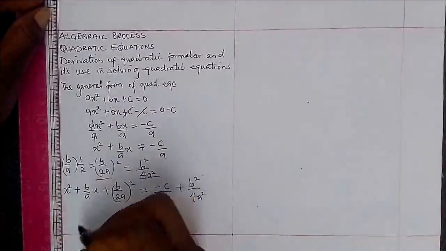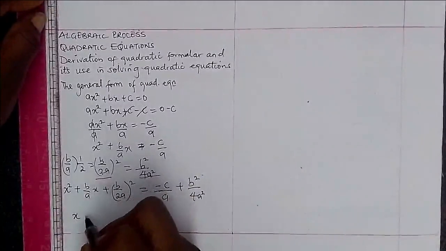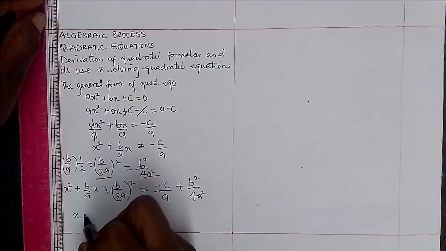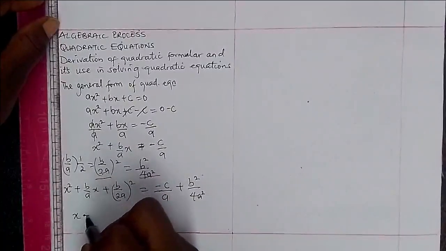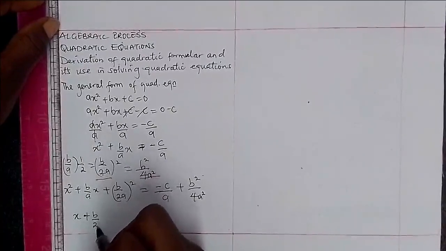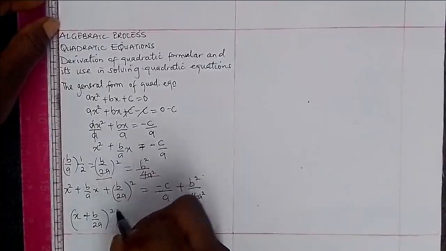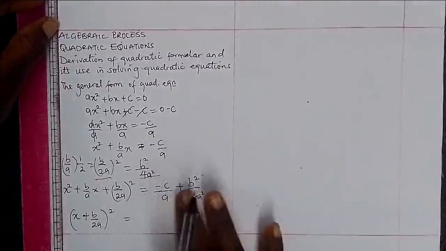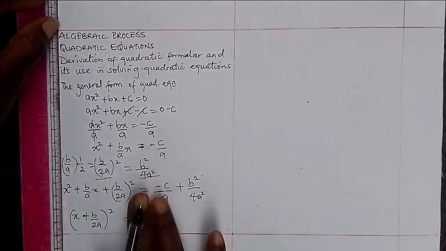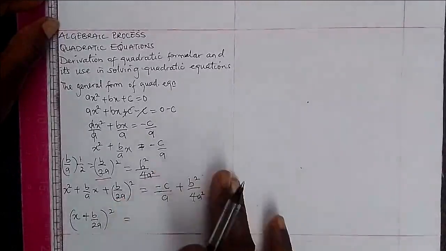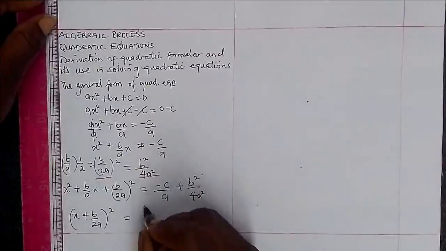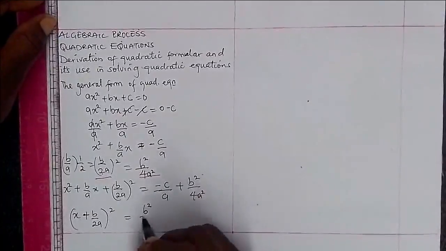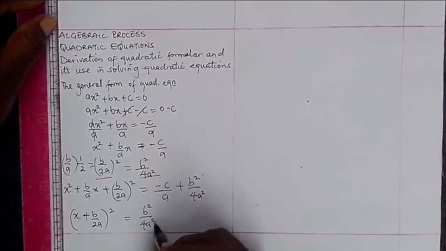We factorize it. When we factorize it, we have x plus b over 2a, all squared, is equal to, let's interchange this so that I don't start the statement with a minus. I want a positive to start the statement. So it's going to be b squared over 4a squared